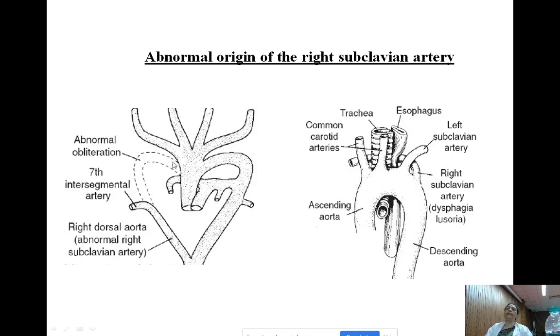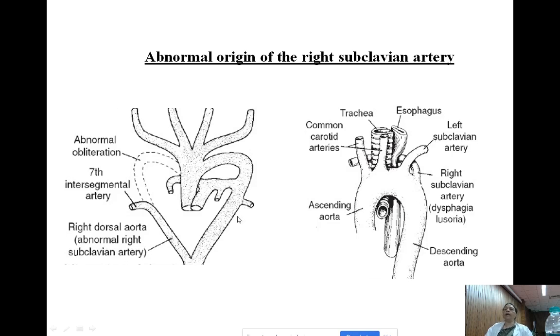Okay, now the other abnormal condition. If the right sided fourth aortic arch disappears, and instead the dorsal aorta, which normally disappears, persists, then what will happen? The right subclavian artery will be formed by the right dorsal aorta, and that right dorsal aorta is attached to the descending thoracic aorta below the origin of the left subclavian